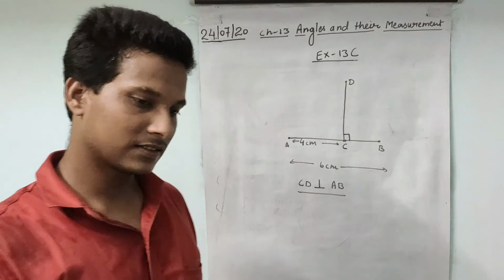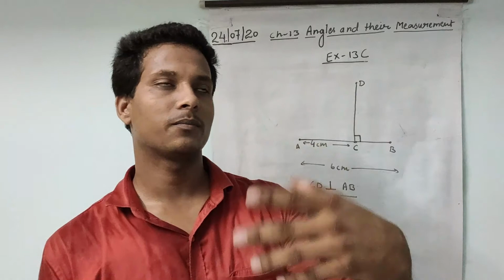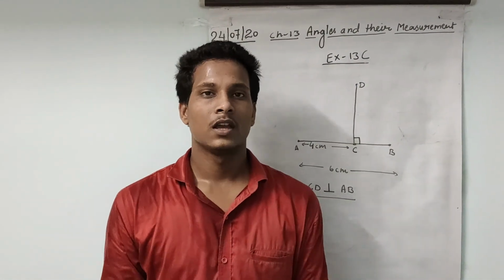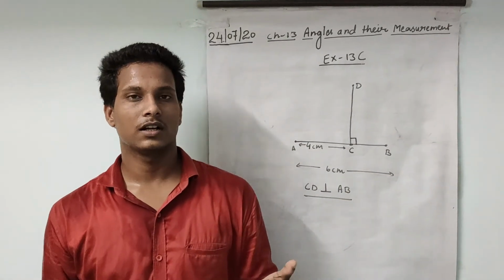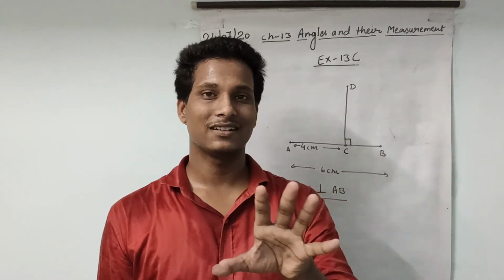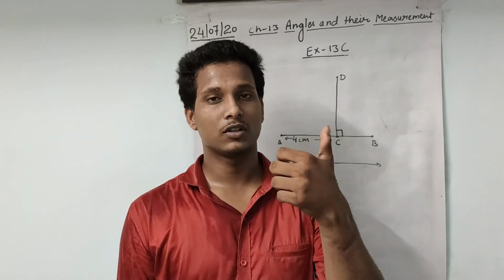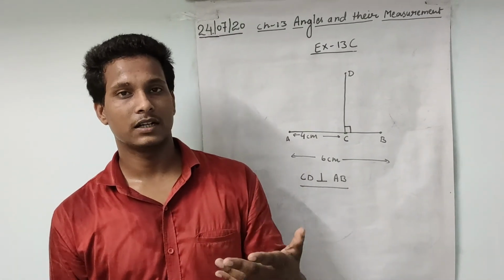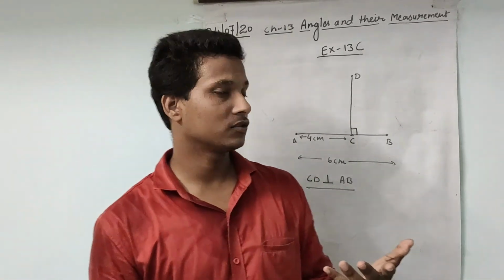So we are done with exercise 13C, and exercise 13D you will do by yourself. We have sent you the PDF. Go through the PDF, which will help you in doing exercise 13D. We have completed the July month course here. Now next month we will start the August month course. By the end of July, you must complete all your copies and book work. All the PDFs and videos have been sent on the Param app. Go through the Param app. On that app, you need to see the videos and PDFs that will help you complete the exercises in the July month course.